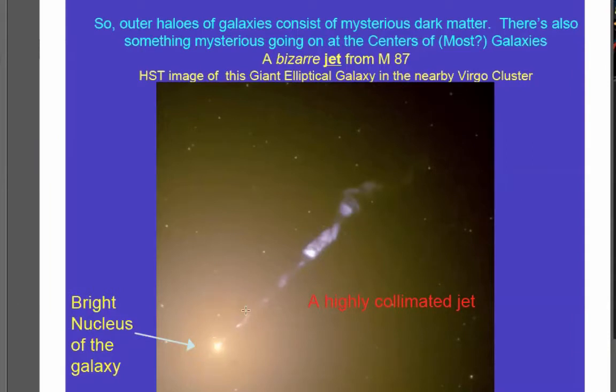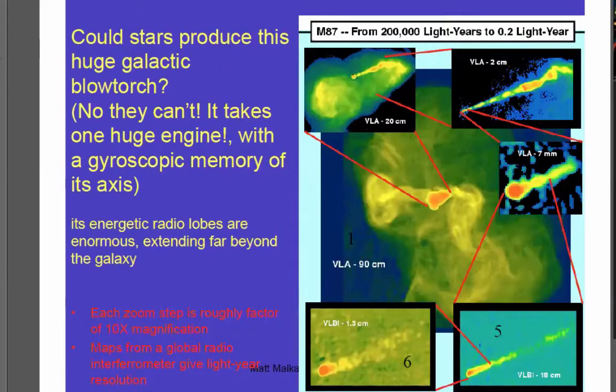So AGNs blast out in some cases, not all cases. We don't know exactly why they don't all do it, but they have a tendency to blast out jets of energy. These are very, very high energy electrons, enormous energies that allows them to produce synchrotron emission, high energy electrons cycling around in a magnetic field at a very high speed in a very highly collimated direction. In fact, there's usually 2 directions. It looks bipolar.